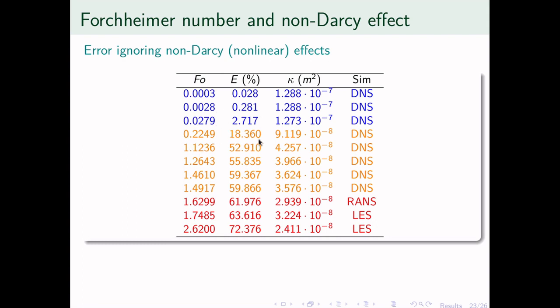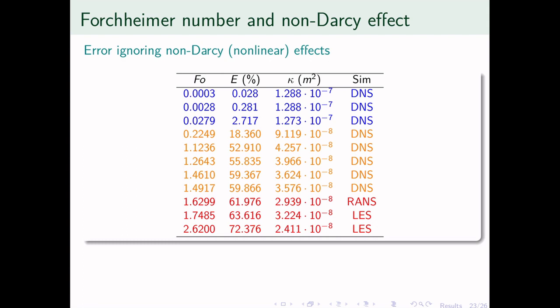It has been proposed in one of the literature we mentioned in this paper, a critical value of 10%, which translates to around 0.11 for the Forchheimer number. So this is consistent. The Forchheimer number is another alternative to estimate when the nonlinear effects become significant, and the critical value around 10% seems to be reasonable within this